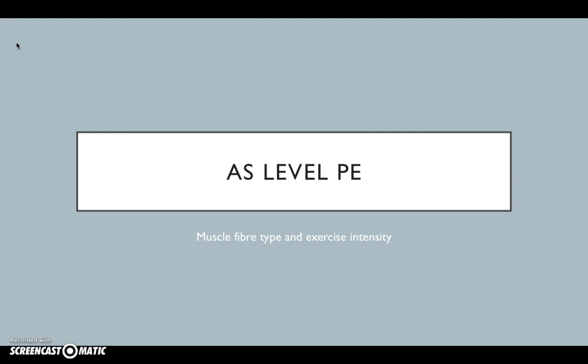So just a bit of a recap. Last week we looked at motor unit recruitment by the brain and the actual muscle. Now, the greater number of motor units required, the greater the force of contraction that is produced. So now we've looked at motor units and motor neurons, we need to look at the three types of muscle fibres that we actually have within our body and the differing structures and functions within those three types of muscle